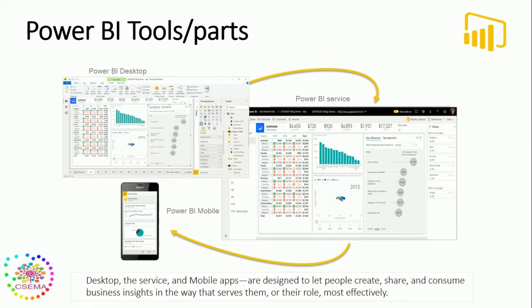It consists of the Microsoft Windows desktop application called Power BI Desktop and online SaaS, software as a service, called the Power BI service, and the mobile Power BI apps that are available on phones and tablets.